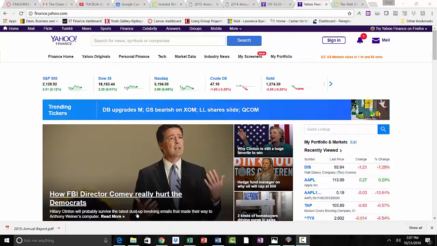So when you load up Yahoo Finance, there'll be a place to put in the quote or a quote lookup. In this case, we're going to look up Disney. That's the company that I've been using as of late in some of my examples. So you'll click on Disney, and that will send you to Disney's site,